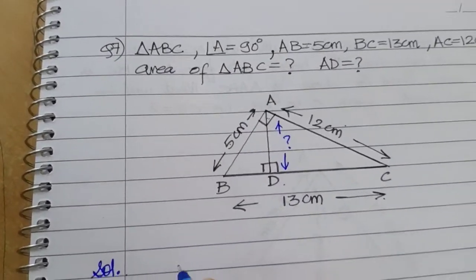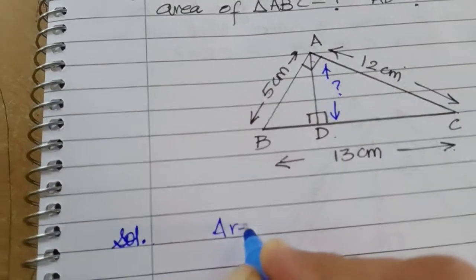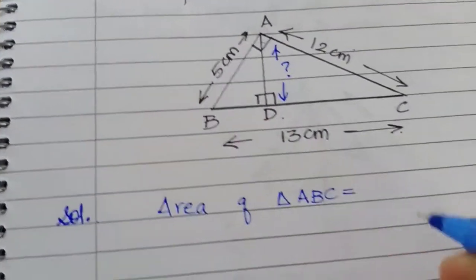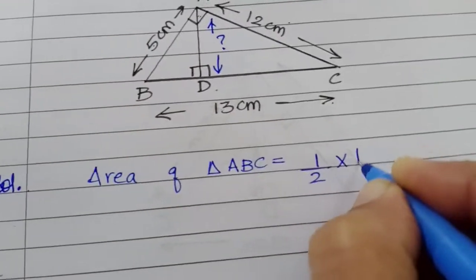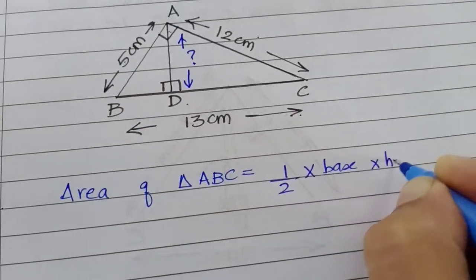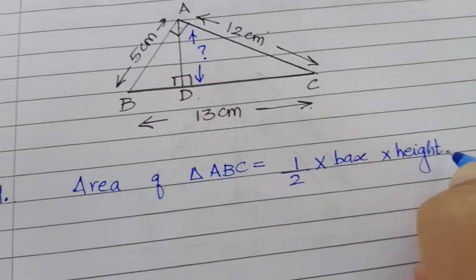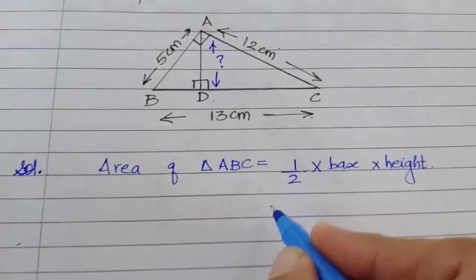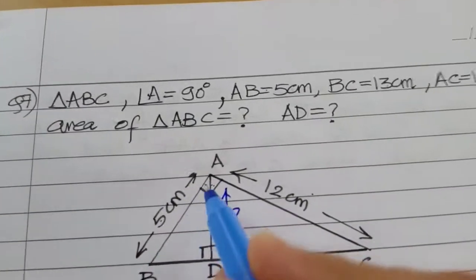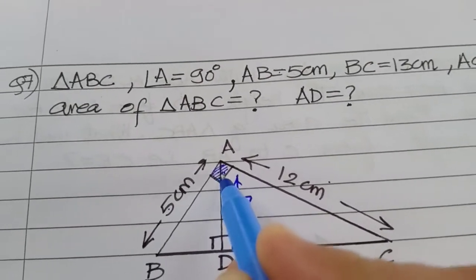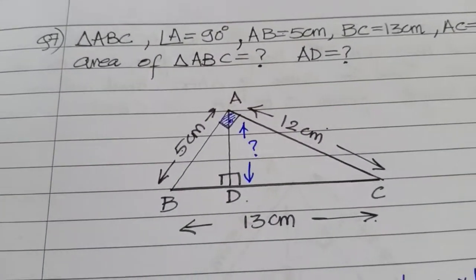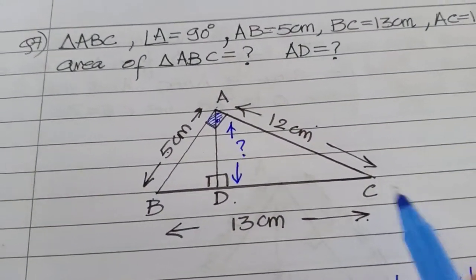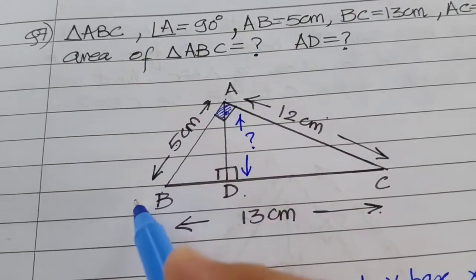First, area of triangle ABC is equals to, we know the formula, half base into height. ये हमें मालूम है. पैरेललोग्राम का बेस इंटू हाइट होता है और ट्राइंगल में हाफ मल्टीप्लाई होता है. ये 90 डिग्री है यहाँ पर, at angle A it's 90 degrees. So if I take this as base, this becomes an altitude जो उसके ऊपर गिर रहा है, या अगर इसको बेस मानूंगी तो ये ऑल्टीट्यूड हो जाता है.